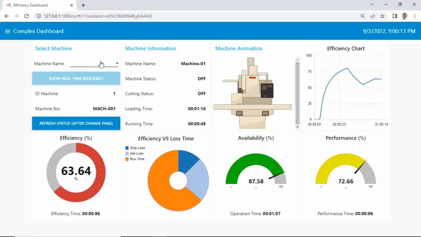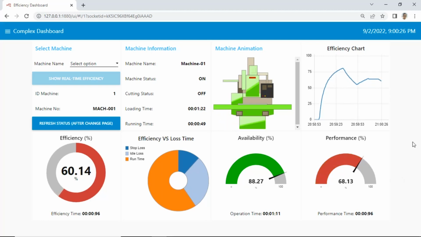And this is a dashboard to monitor efficiency with visualization on an SVG image. For example, the visualization of the machine is a cutting machine. When the machine is off, the machine image's color will be gray. When the machine is on, the machine's color will be green. When the machine is cutting, there are cutter and workpiece animations, and when the machine gets trouble or downtime, the machine's color will